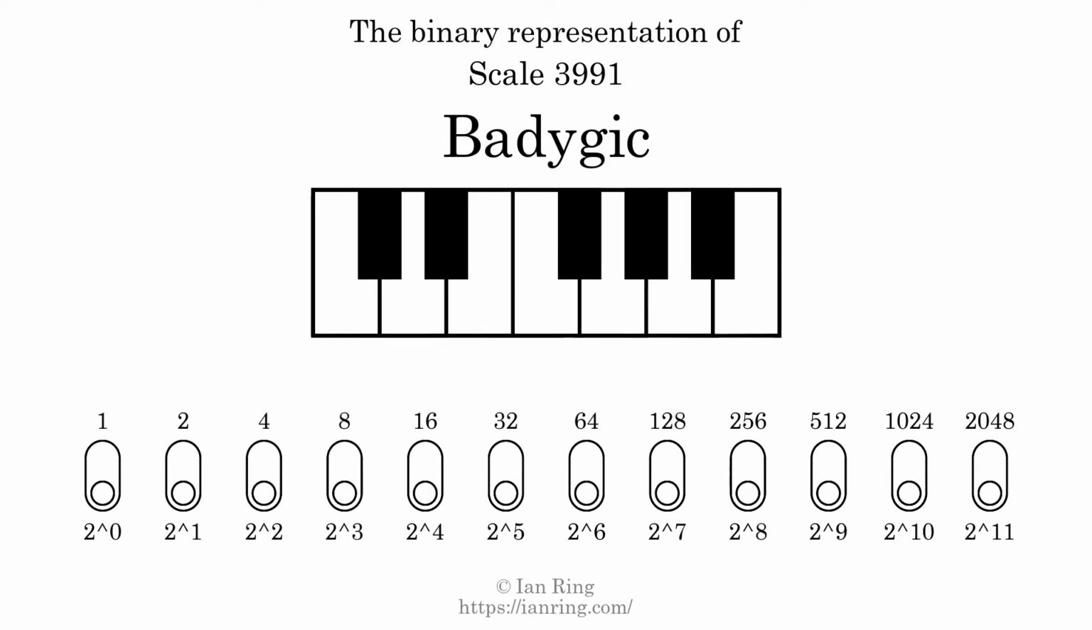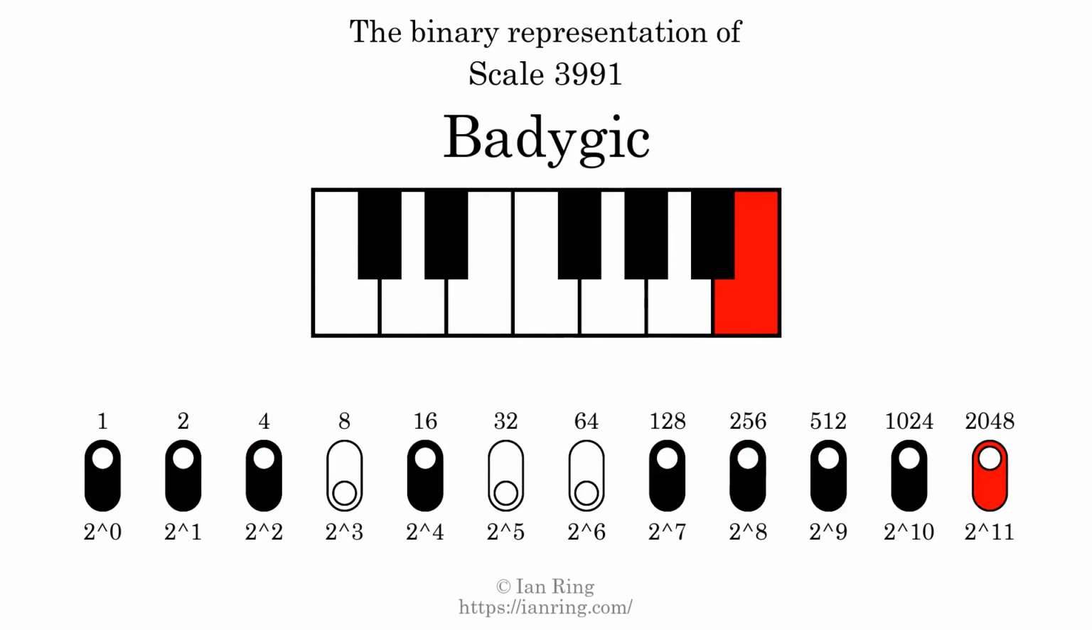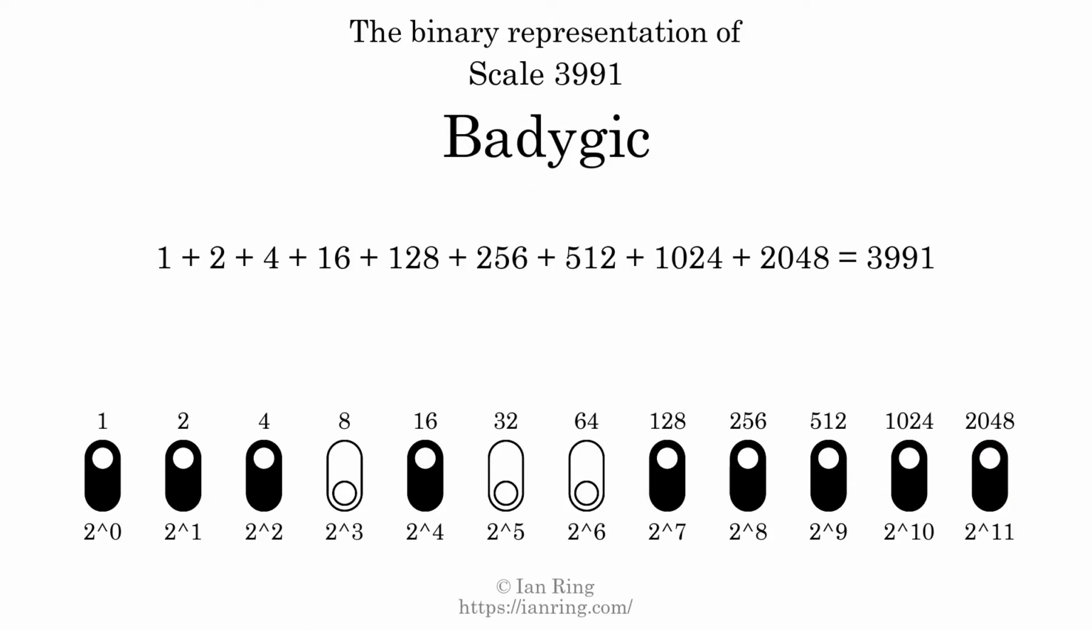The binary representation of this scale is determined by mapping tones of the scale to binary digits. Each binary digit represents a power of 2. To get the scale number, we add the powers of 2 together. The powers of 2 that are present in the scale, all added together, equals 3991. That is why the scale number, in decimal, is